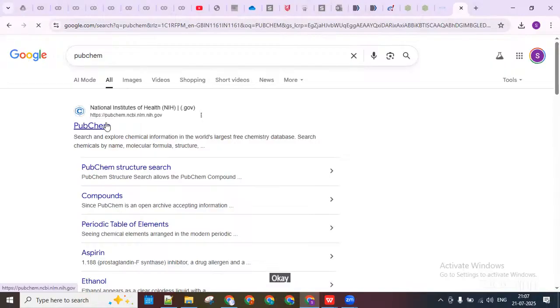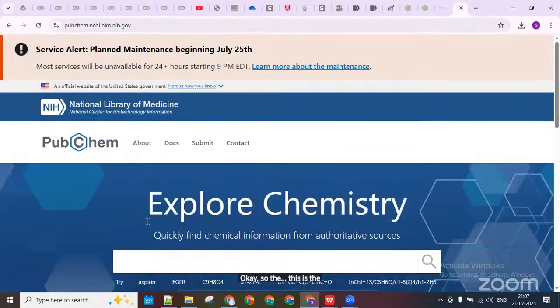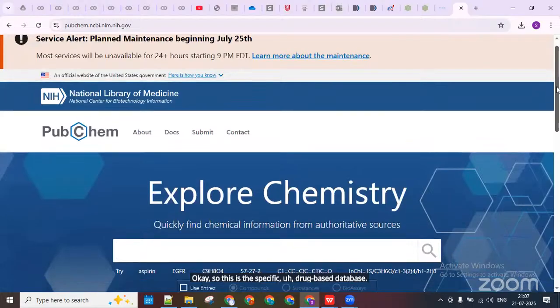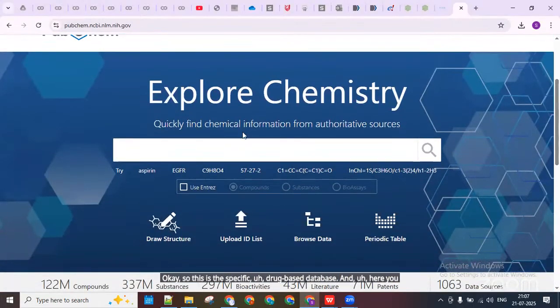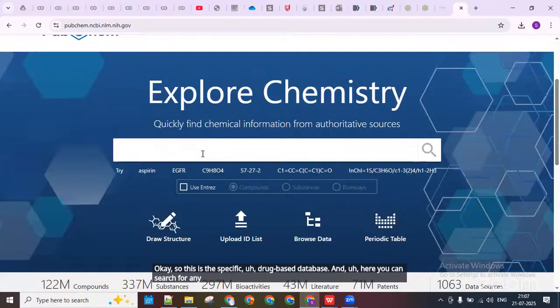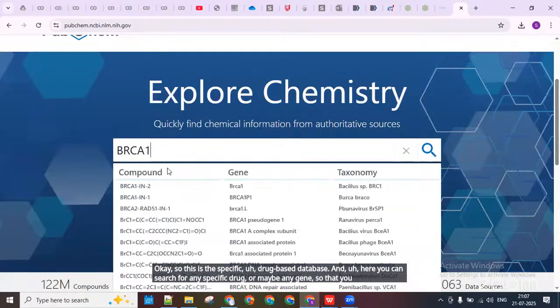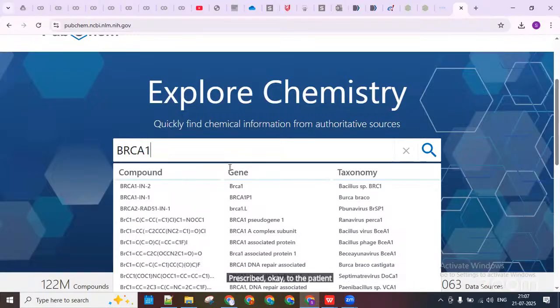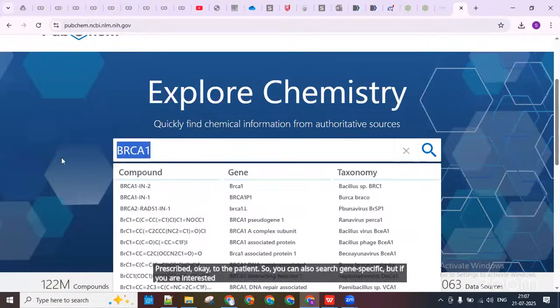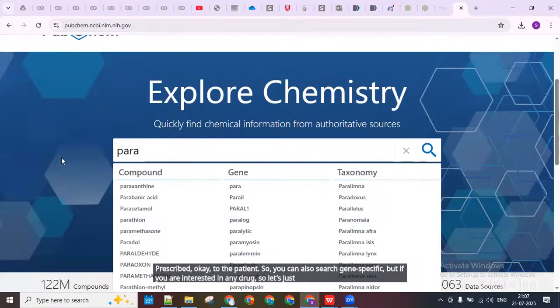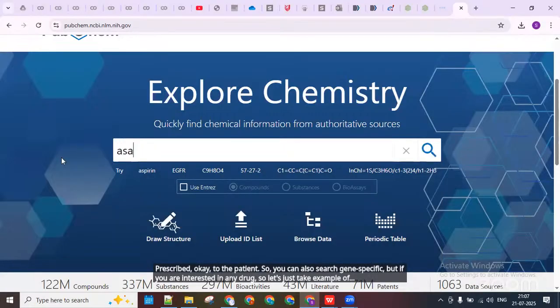Okay, so this is a specific drug-based database, and here you can search for any specific drug or maybe any gene, so that you can see whatever type of alteration happens in this particular gene, what type of drugs are prescribed to the patient. So you can also search gene specific, but if you are interested in any drug, let's just take an example of, just a simple,